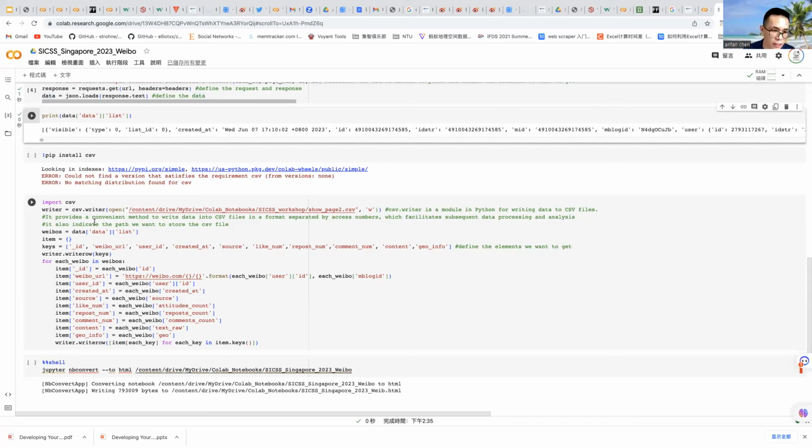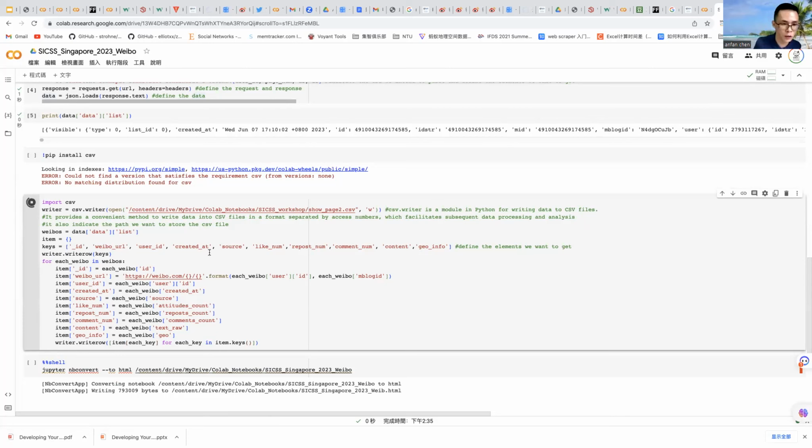Okay, this is the code to store the data into a specific data format. We just store it into CSV. We indicate where the data is stored: content, drive, my drive, Colab, SICSS workshop, and it is named show page 2.csv.